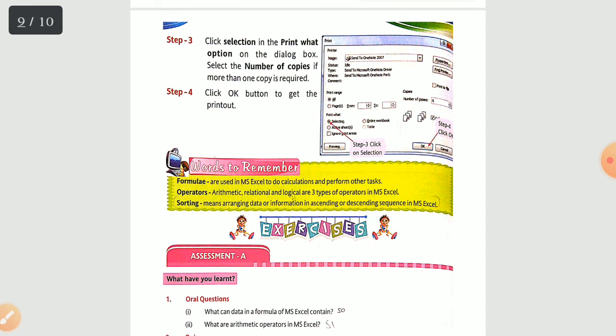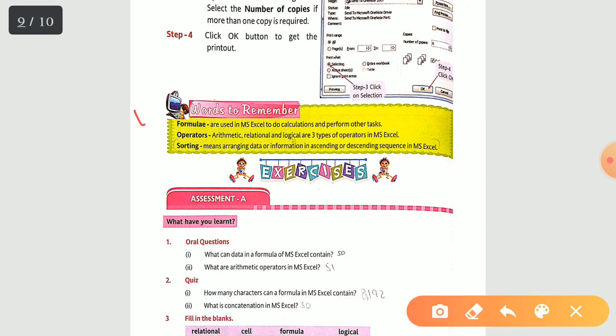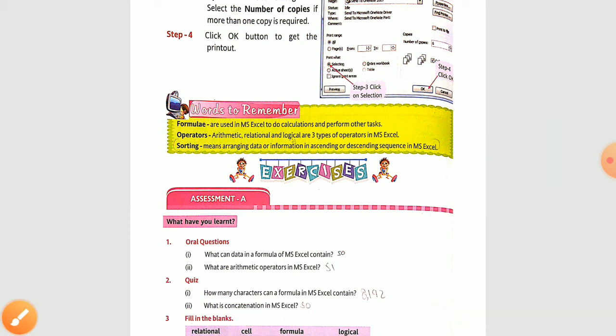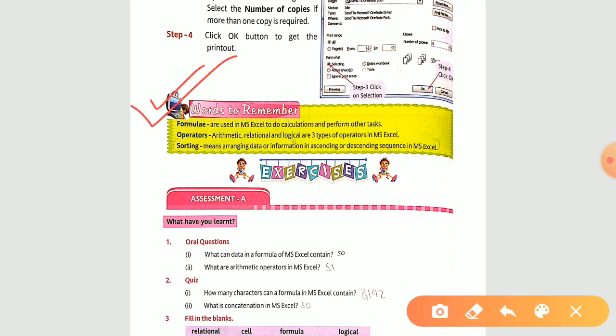Now with this our chapter got completed. As in every other chapter we are having the words to remember over here with us. 3 words to remember we are having. So you have to write down these 3 things in your copy as well. Okay, so firstly do all those 10 questions that I told you in the previous video, the 10 questions regarding your operators and precedencies. Fine, then afterwards you write down these 3 words to remember, and after completing these 2 things you have to move on to the exercise portion. Okay, so in the next video we will cover the exercise portion.